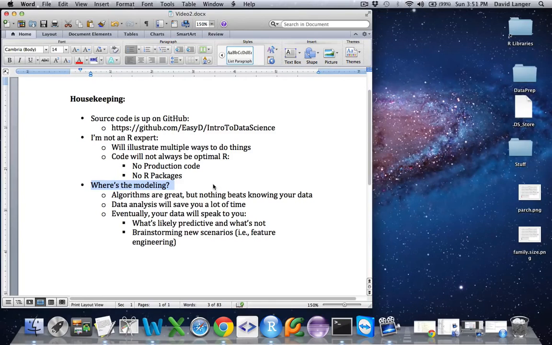And to be honest with you, I didn't do so hot in the beginning, to be quite frank. I had to learn the hard way that this is true: algorithms are great, but nothing beats knowing your data. And how I typify this when I talk to folks these days is that if you do Kaggle competitions, invariably